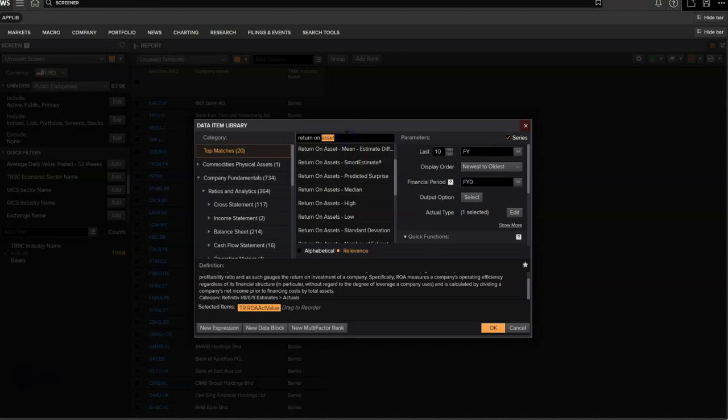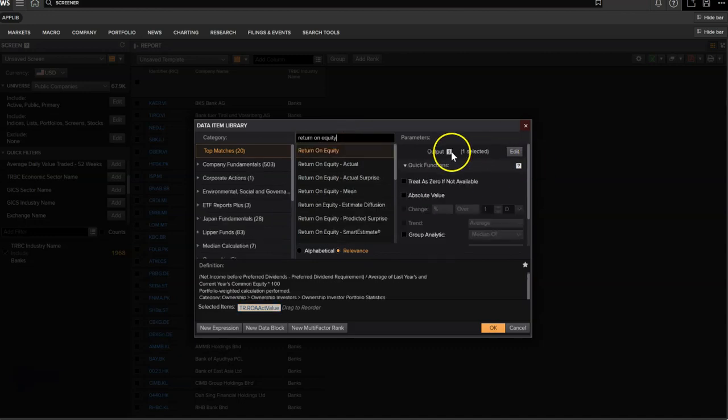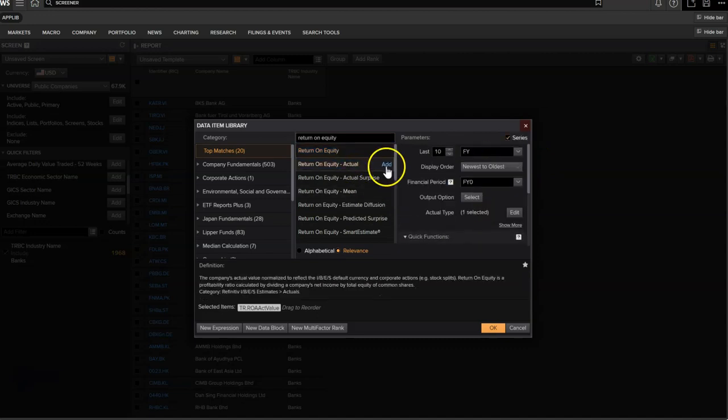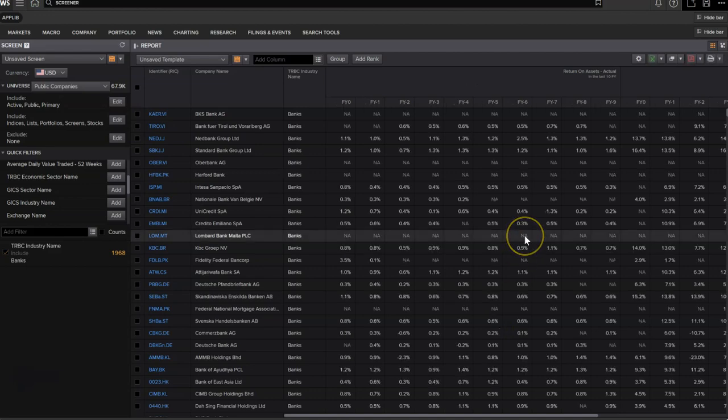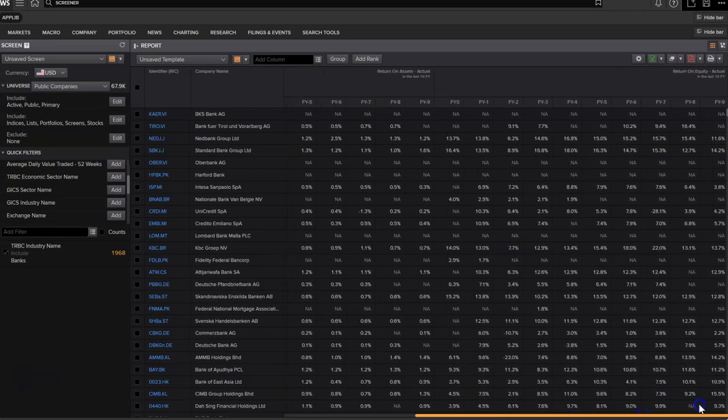We can also go for equity. Sure. Let's see if we can get this data now. Okay. Yeah. So now you can see you have the data for this